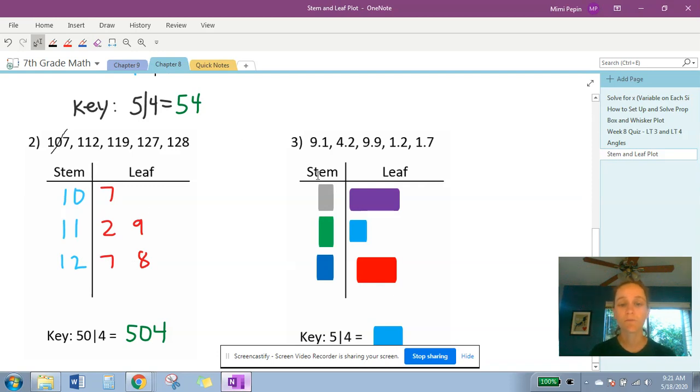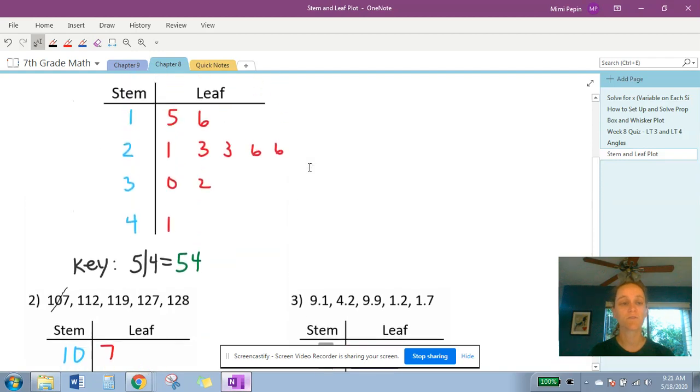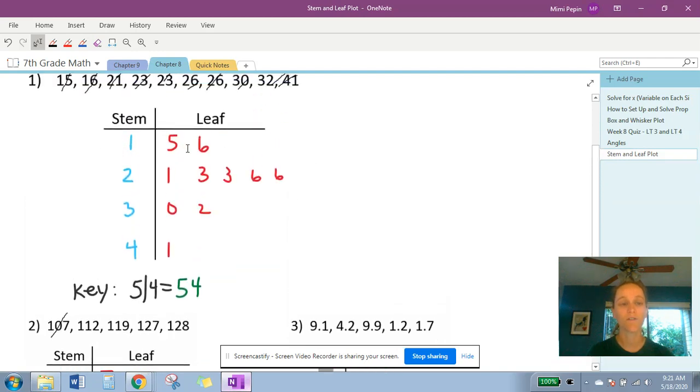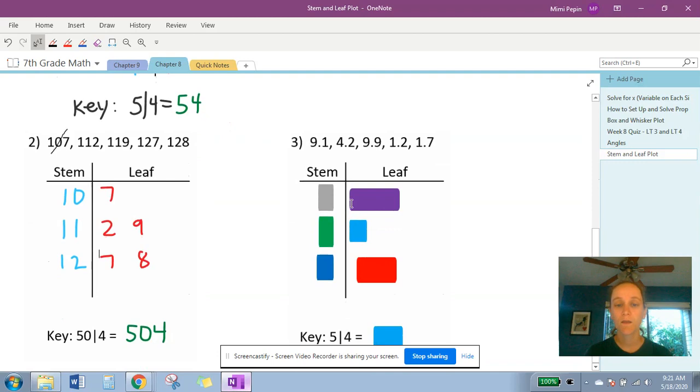Okay. Number 3, so this one's decimals, but still going to look pretty similar to number 1, where I'm putting 1 digit here and 1 digit here. But so, okay, so I want to go in order from least to greatest. So if I start with 1.2, I'm going to put 1 on this side and 2 on the leaf side,